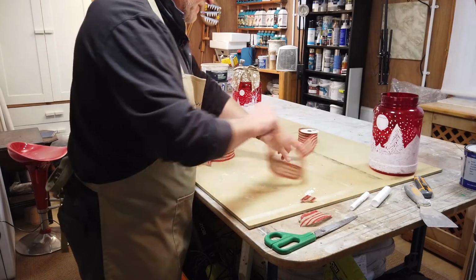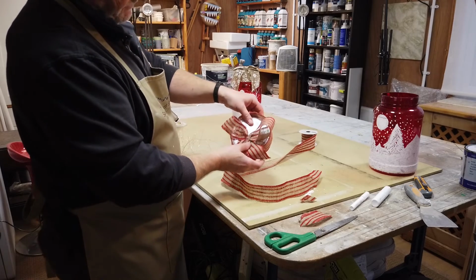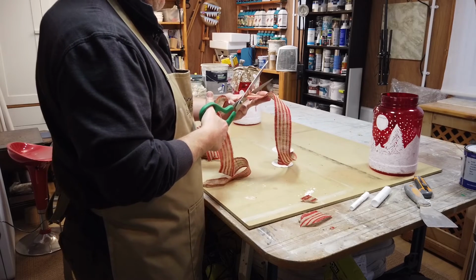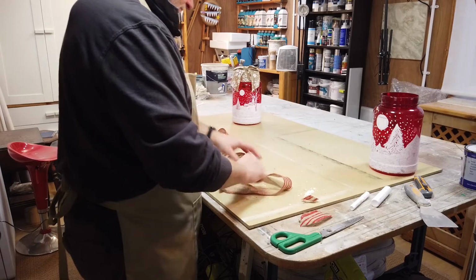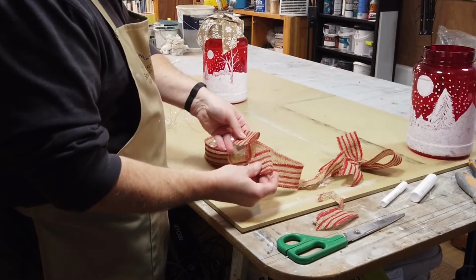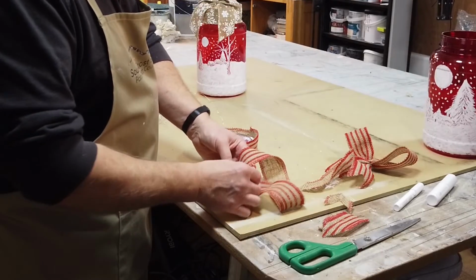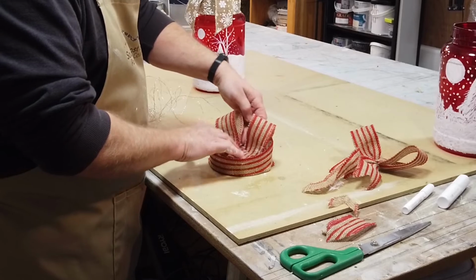And I've got a bit of ribbon left. Just going to create a little bit of a raised area at the back of the lid, just to cover up the silver lid. Okay, so I just folded it in on itself, those two sections, just like that. Place them so, and then this section be glued down at the back,